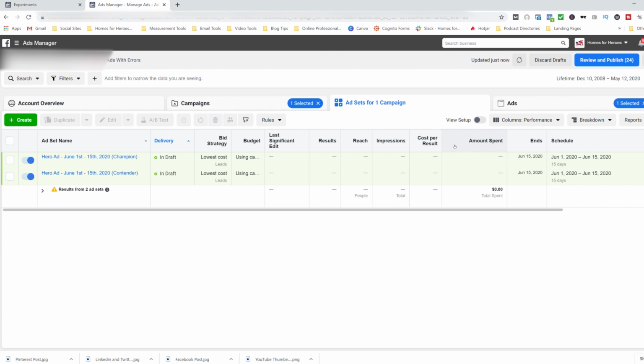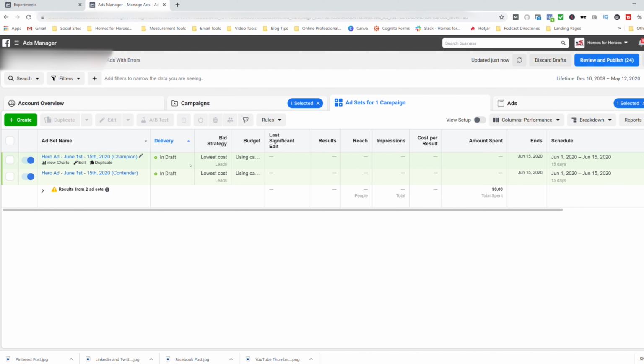Now, the reason why I like using manual A/B testing is because I can go in here and measure my A/B test throughout the lifetime of the campaign. So within 5 days, if I'm running the A/B test and I notice that one of the ad sets or one of the ads is driving an extremely high cost per result, and there's a huge discrepancy between these two, I can turn off the ad set or the ad that is underperforming, reallocate those dollars to the ad or the ad set that is performing best, and that way I can make sure that I'm putting my money to